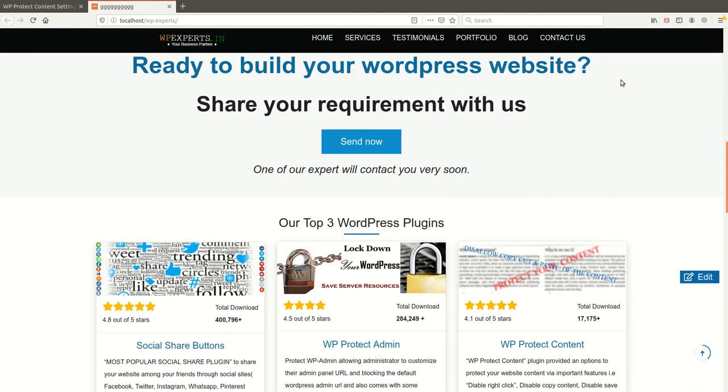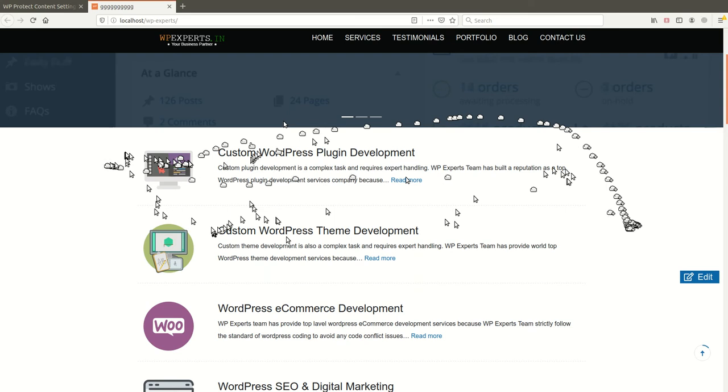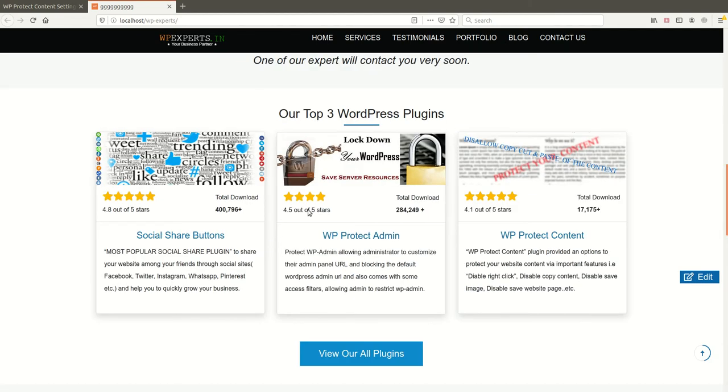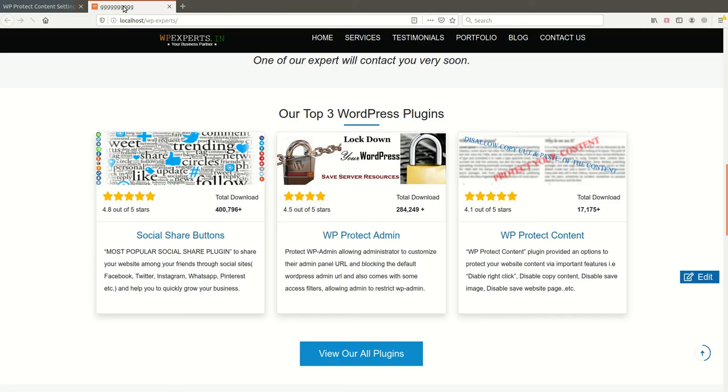For example, if I select this image, I can save it via drag, and when I paste it on any window or desktop, the image will automatically be saved on your system. In the same way, if I select this one, I can save the image by drag and drop on my local system as well. So to disable this feature, let me check and refresh.